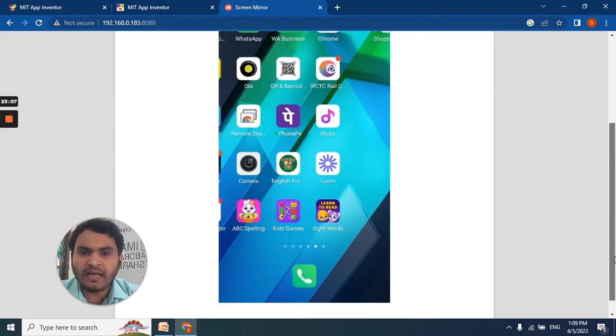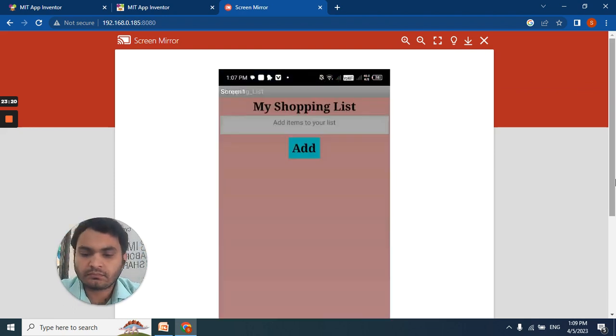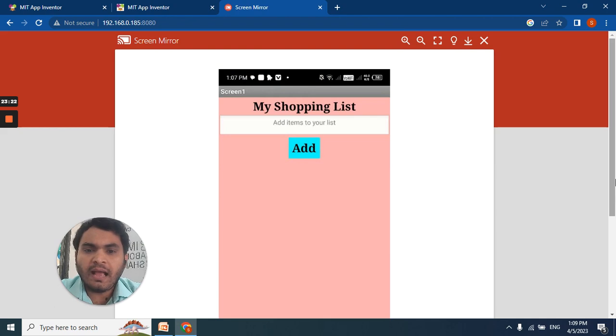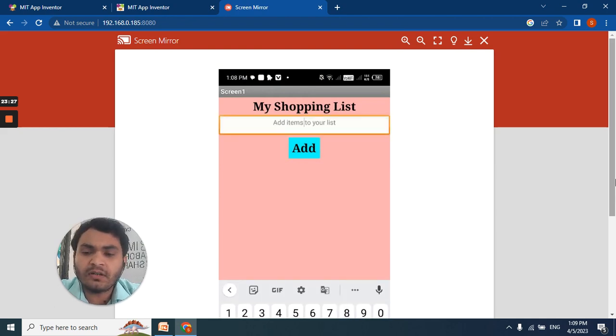So let me show you the app view. Here, this shopping list app has been installed in my phone. Now add items to your list. Suppose whatever products I want to purchase, either online or offline, by having this app it will not only save my time, it will also save my money.